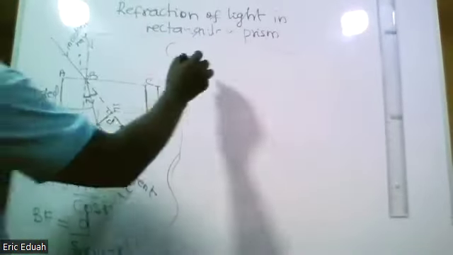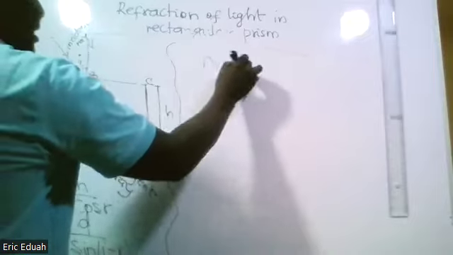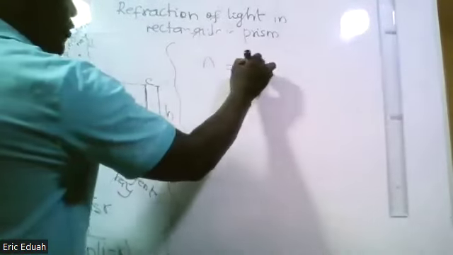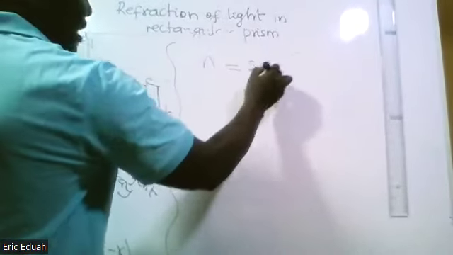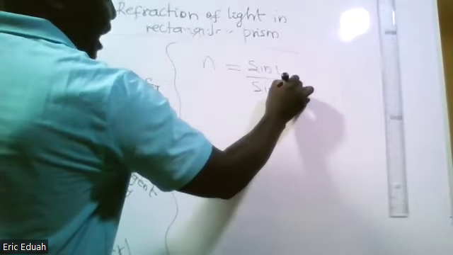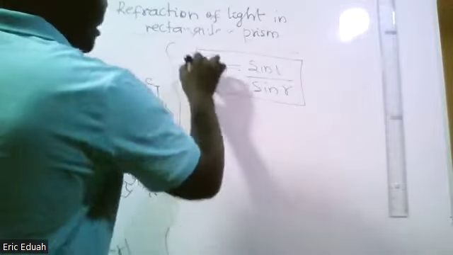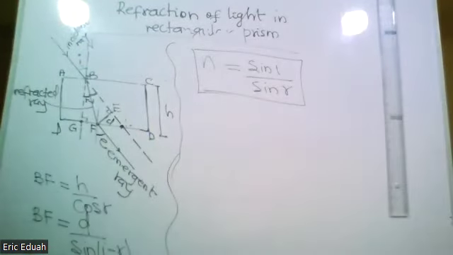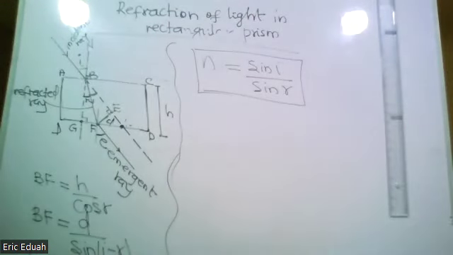So the refractive index is still the sine of the angle of incidence I to the sine of the angle of refraction R. The value remains the same. This, in fact, you do in practicals. In practicals,